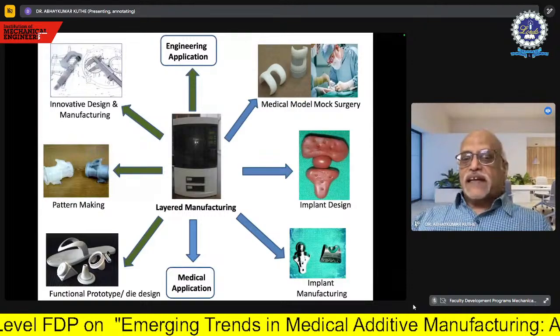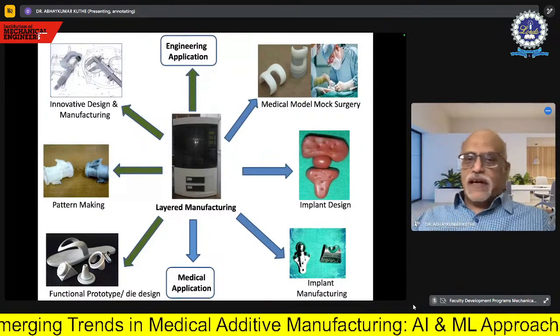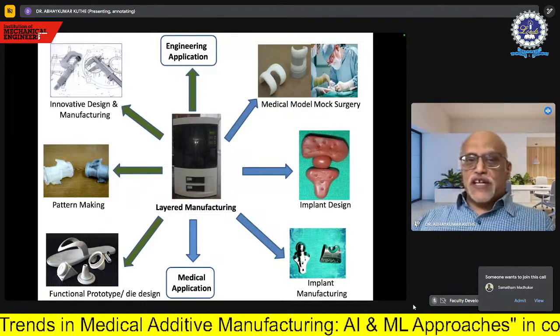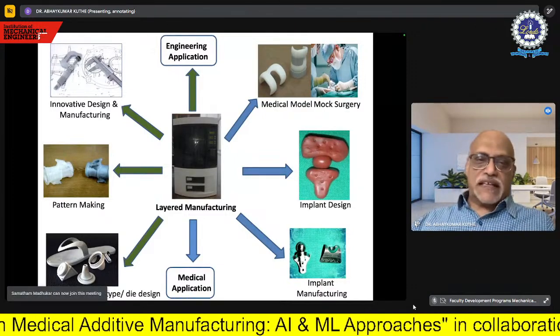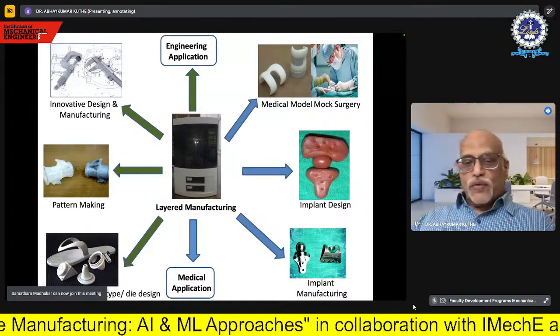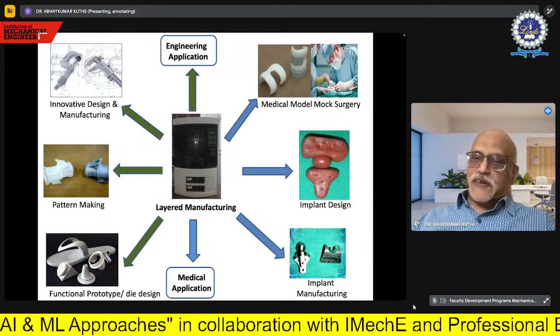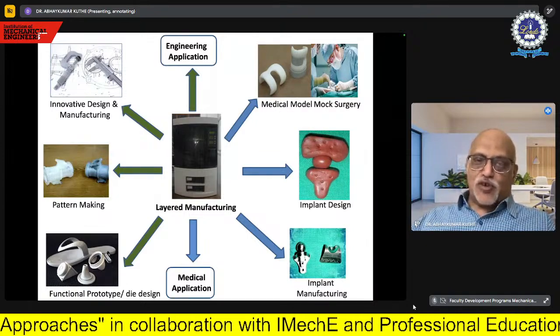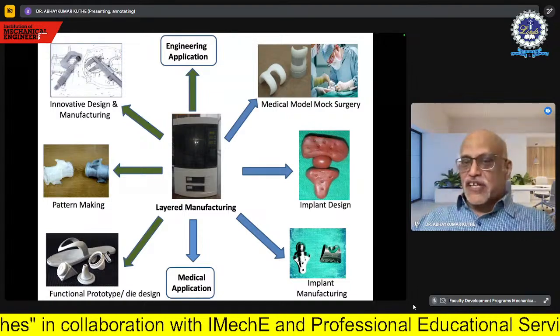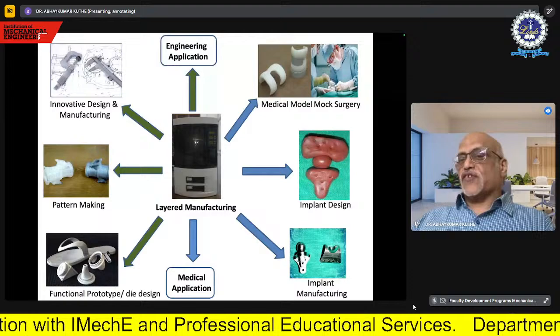So when you look at 3D printing or additive manufacturing, I have just mentioned two applications. One is the engineering application, which has been represented by the green arrows, and by the blue arrows I have shown the medical applications. From the point of view of medical application, one interesting point is the medical model, which can be used directly for mock surgery.